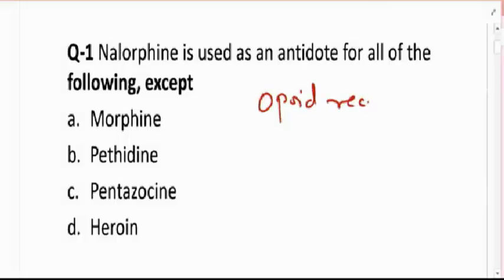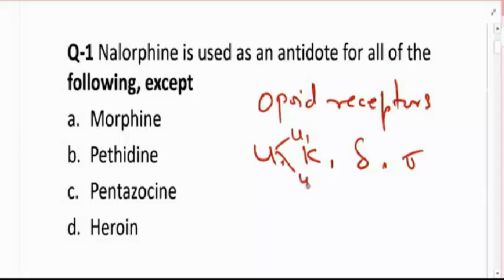receptors are of four types: mu, kappa, delta and sigma. Right? Now the mu receptors are again divided into two types, that is mu1 and mu2. Now the mu receptors basically mediate supraspinal analgesia,